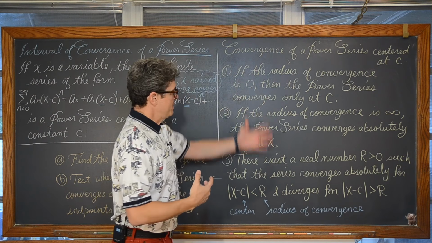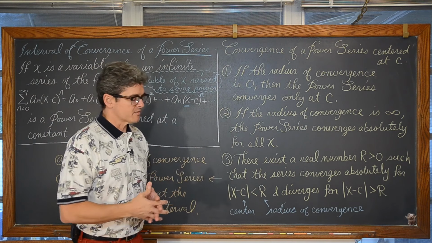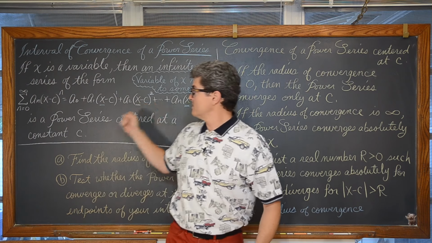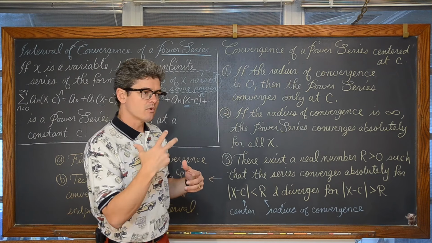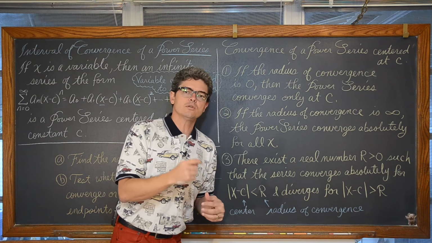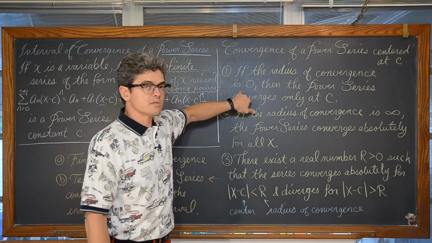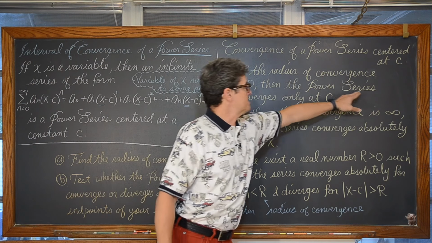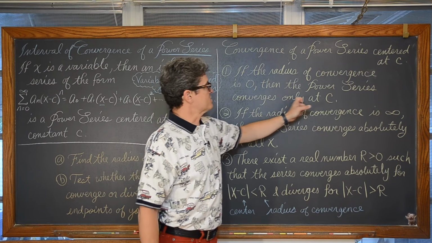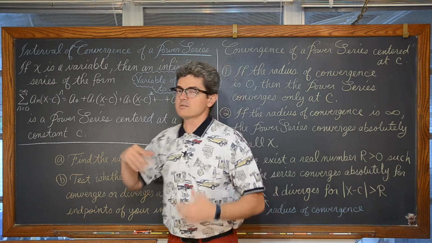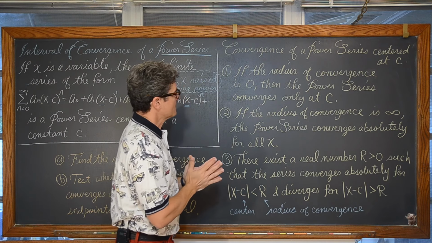So as I read through here, what we're looking for, and I'm talking about radius of convergence, I'm talking about doing that ratio test to this series, and we're going to make sure that that ratio stays less than 1. If the radius of convergence is equal to 0, then the power series is going to be said to converge only at that constant, at that c, the center of that power series.